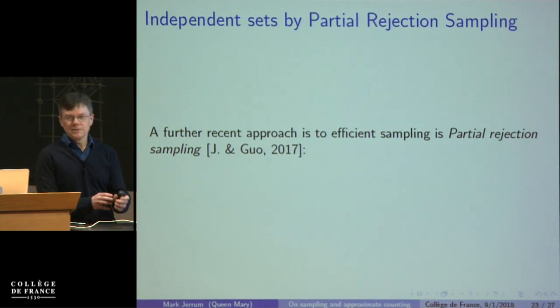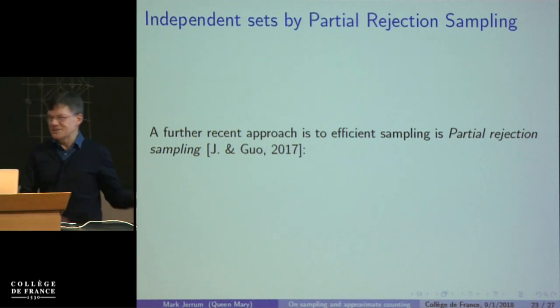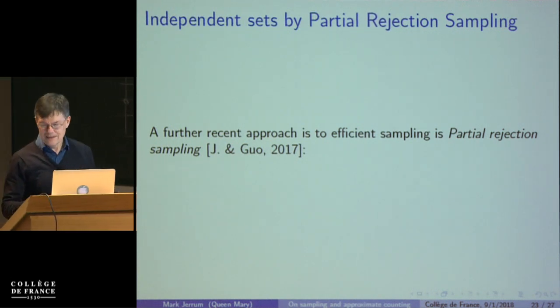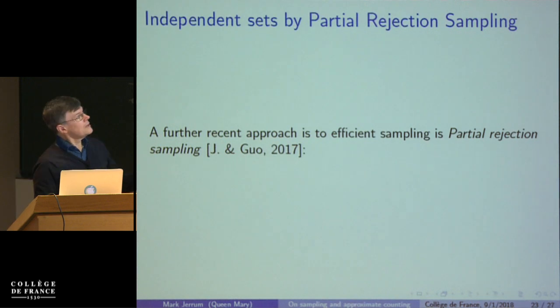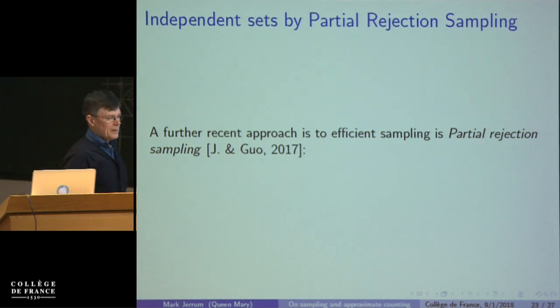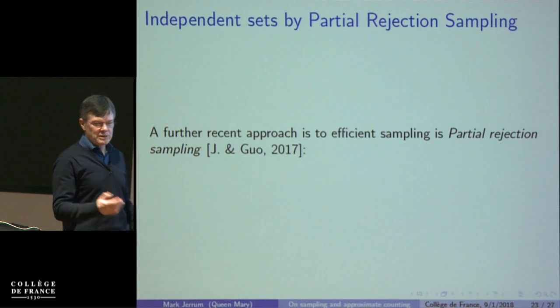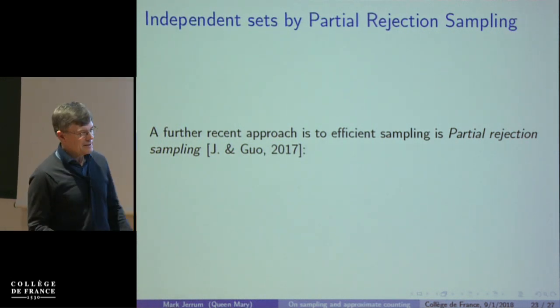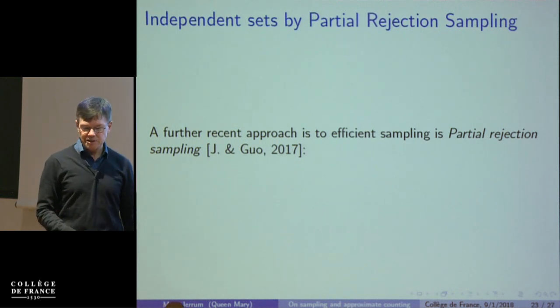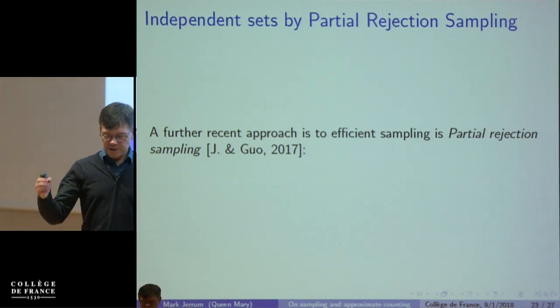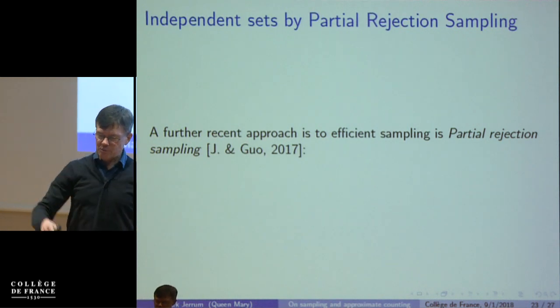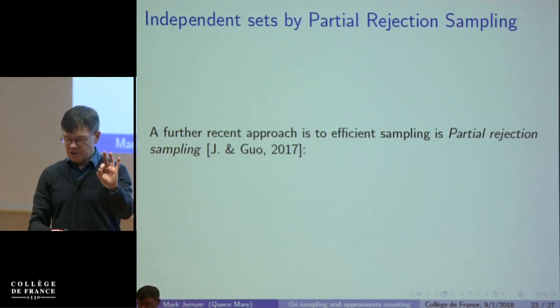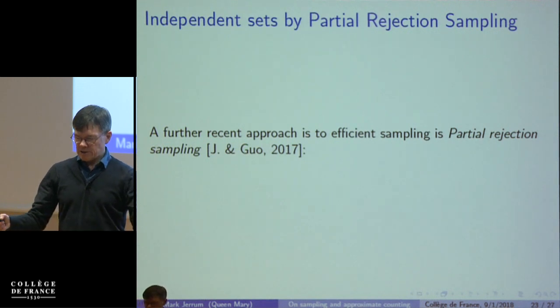So, of course, I was going at the end to talk about recent work of my own with Heng Guo, but unfortunately for him, it's going to get eliminated. But it's another idea which is applicable some of the time, and I think it has some merit. And it's going back to the rejection sampling. So we saw at the beginning of the dart, you throw darts into the board. Sometimes they land in this little region that you're interested in, otherwise you reject.